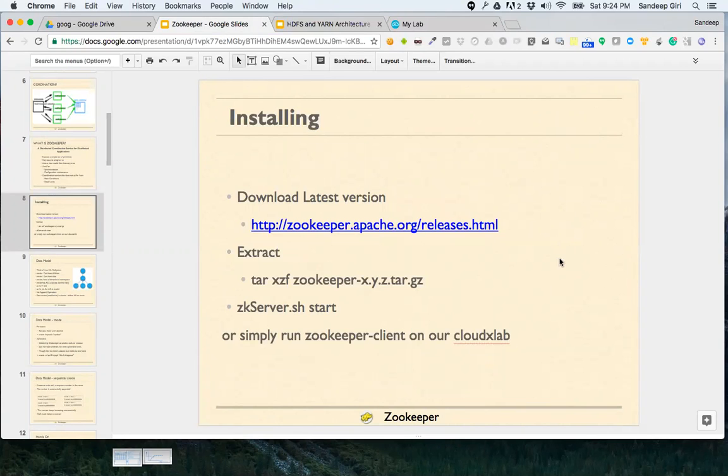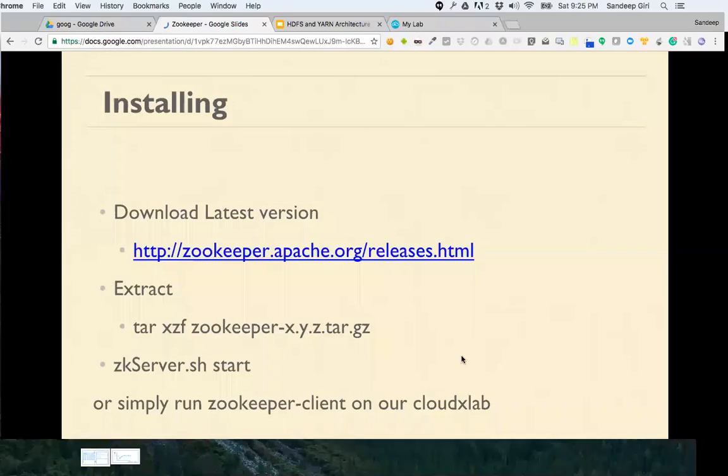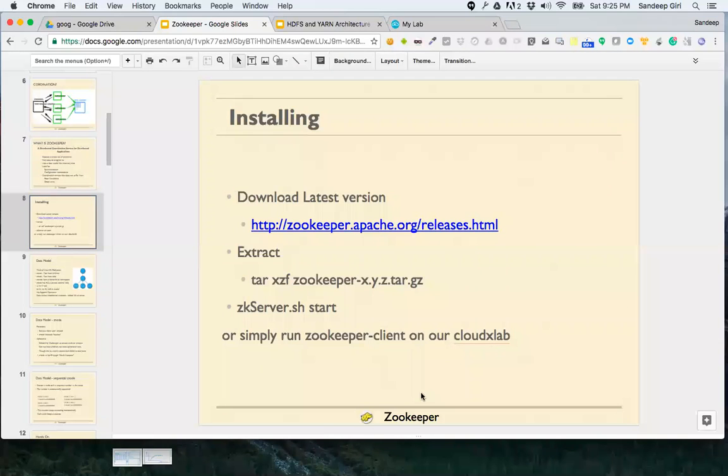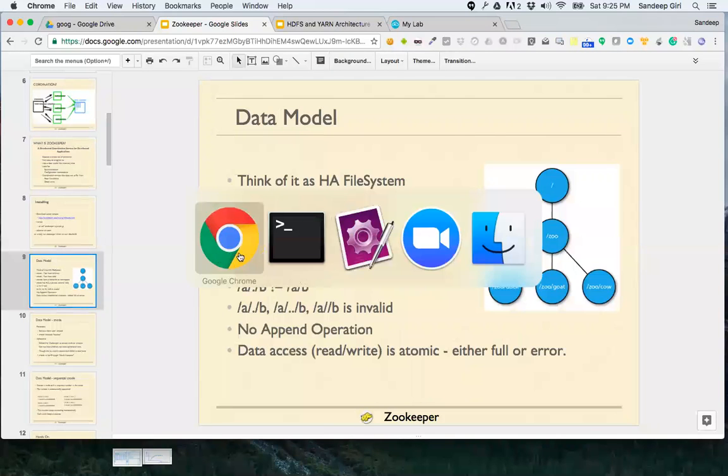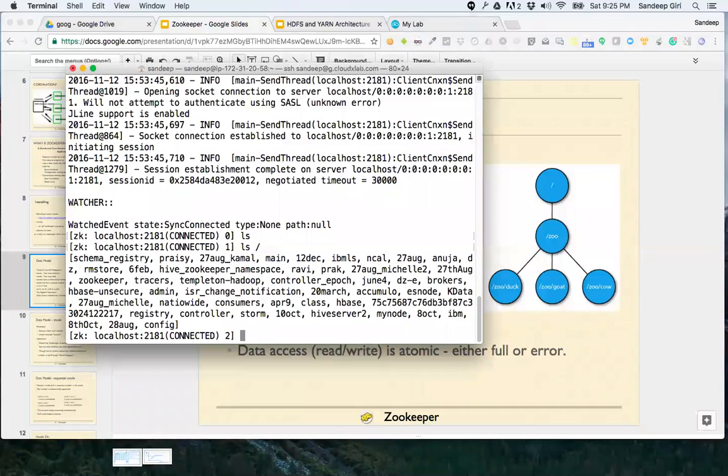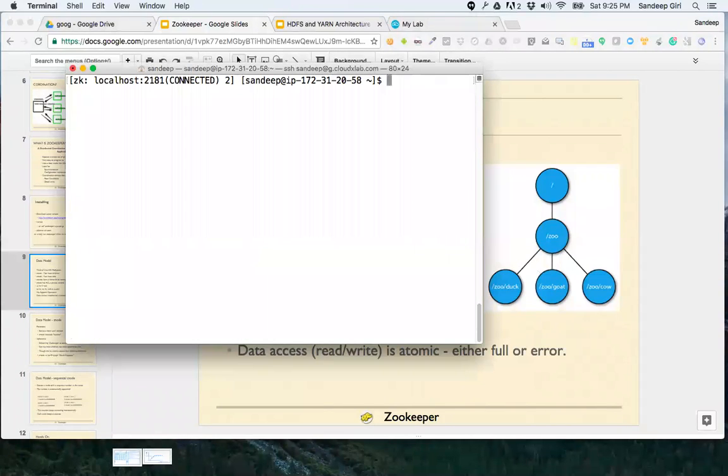And maybe the idea that Jamil is suggesting, that we can log into his account and use it, is also not a bad idea for now. So basically we start using the Zookeeper client.